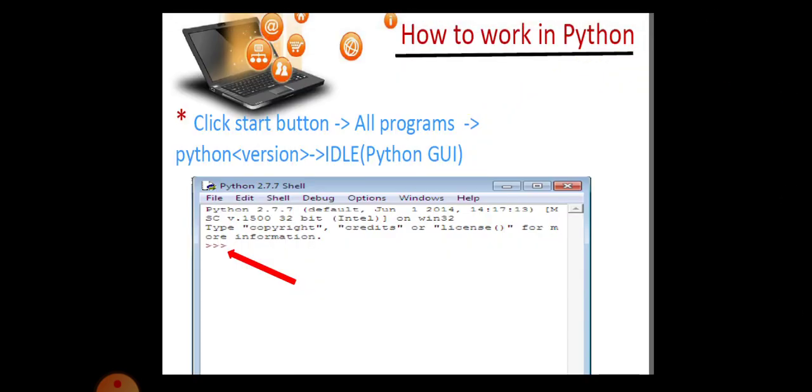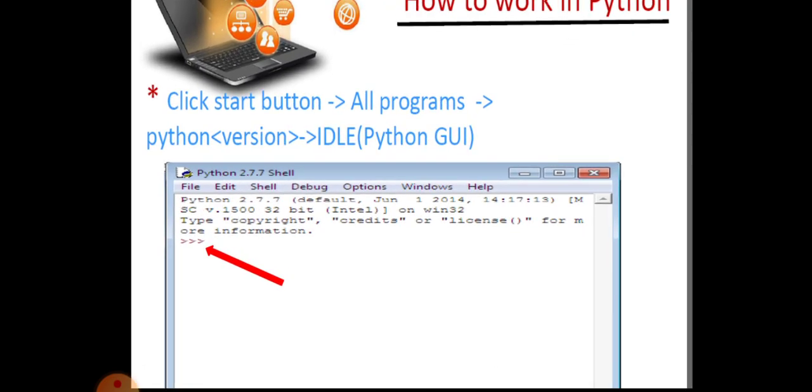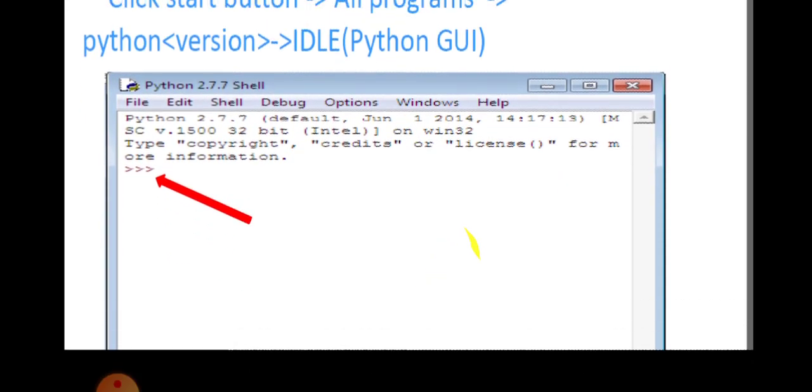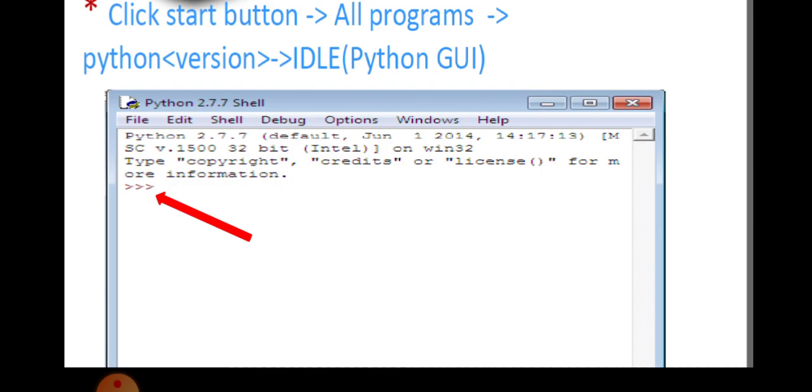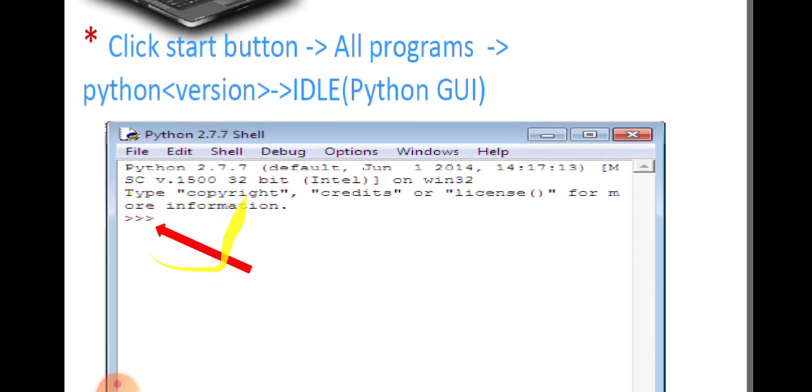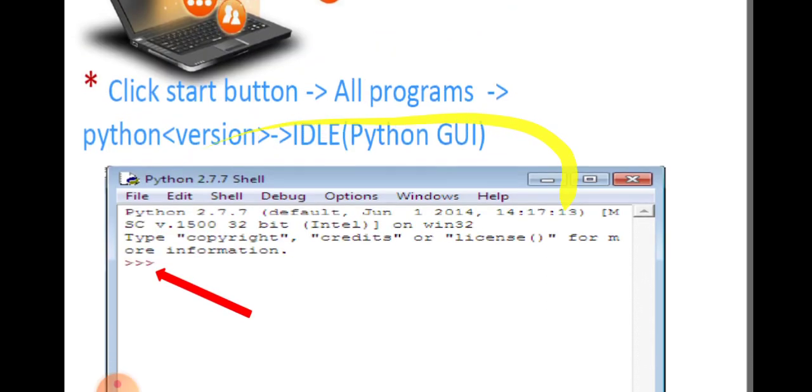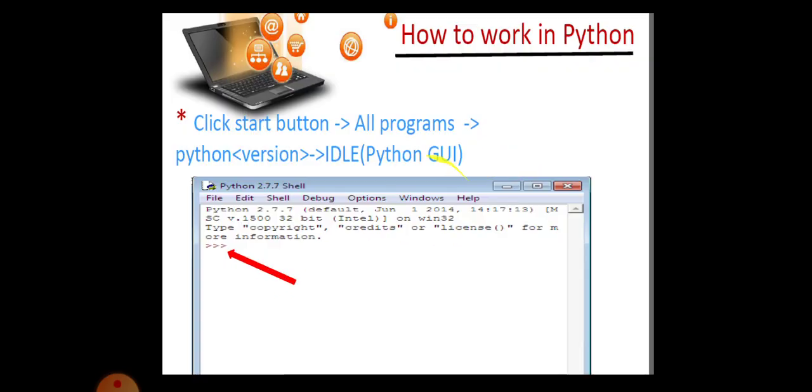After clicking that, you will get a screen like this. This screen is called the platform for working with Python instructions.